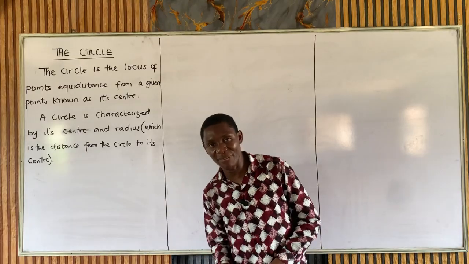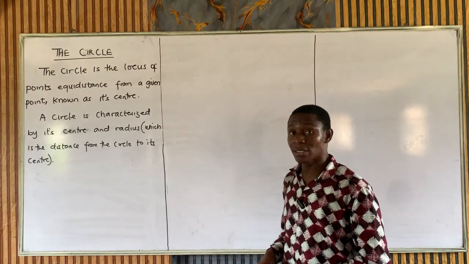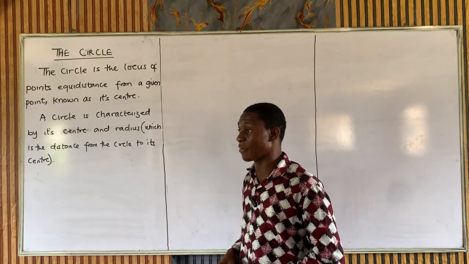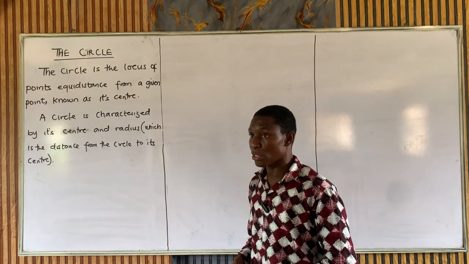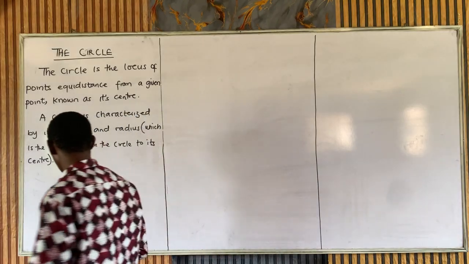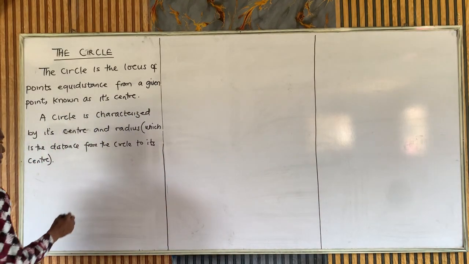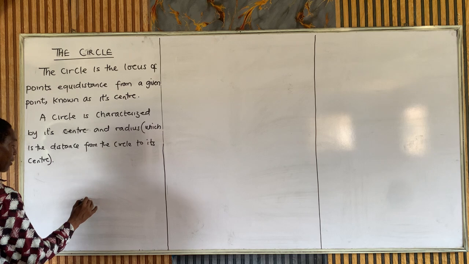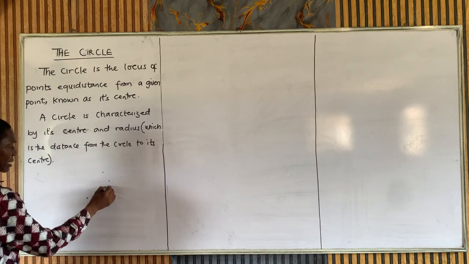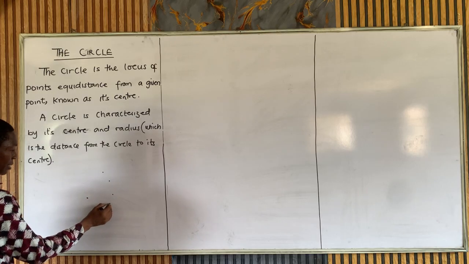Now let's begin by defining what a circle is. The circle is the locus of points equidistant from a given point known as the center of the circle. What this means is that I have a point here known as the center, and every point that has equal distance to this point